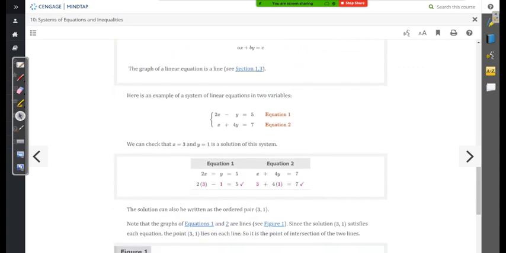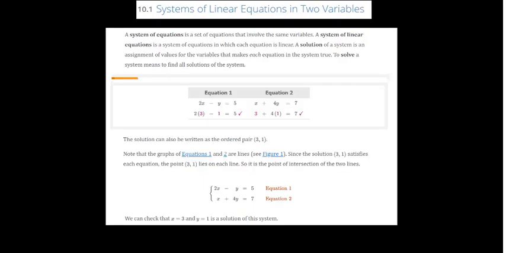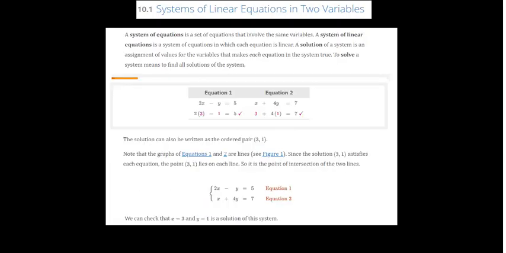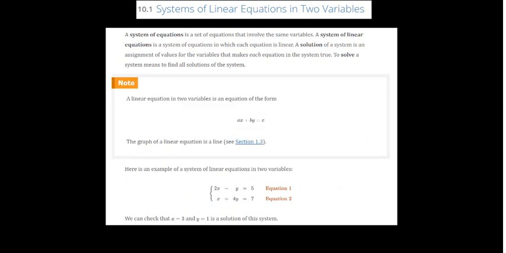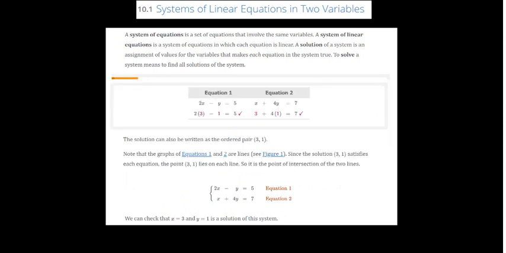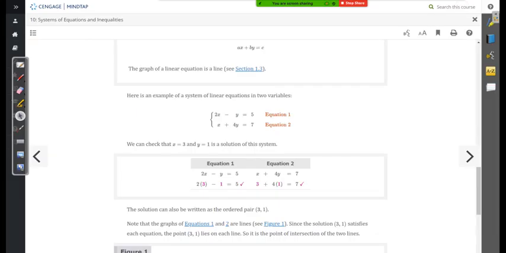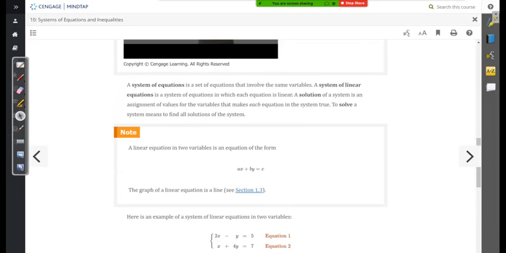Okay, so probably should have. Can I fit that here? No. Okay, so let me fix something. I don't want that, so we're going to go to